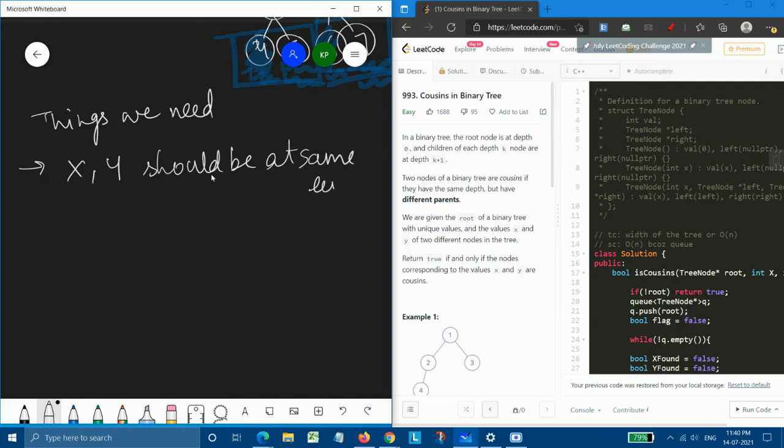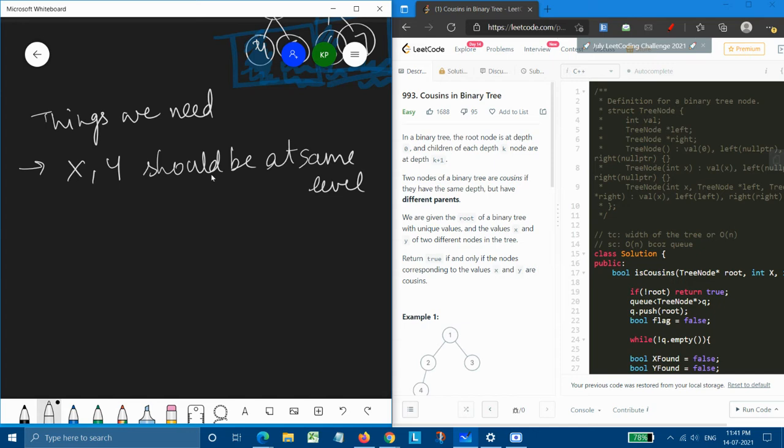This simply means that if we choose to do a level order traversal rather than DFS, then it would be more convenient because it will be simply easy to find out if x and y exist at a particular level or not. It will be much easier.